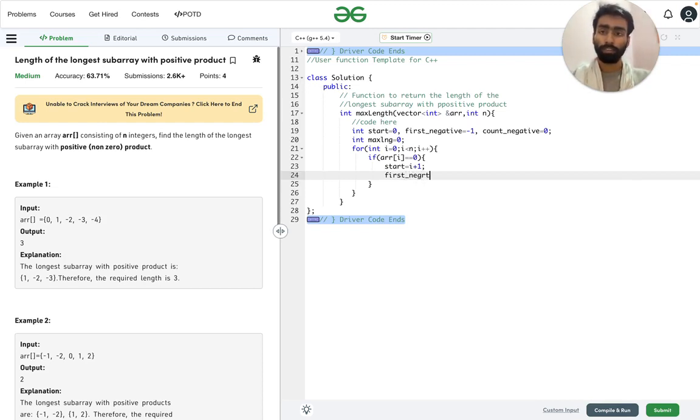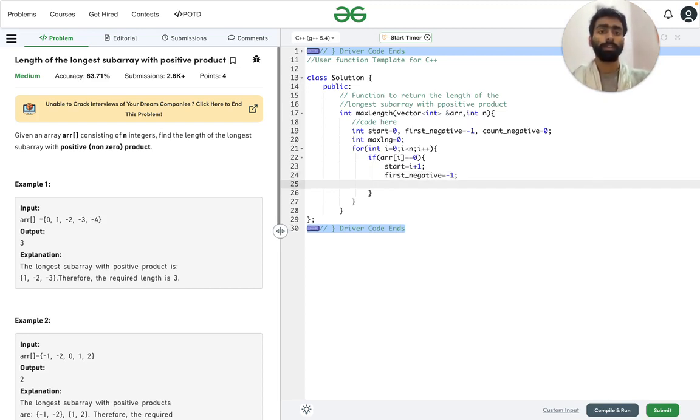First, we need to also reset the negatives that we have counted so far, because the previous ones are of no use. We are now working on a new subarray, as we skip all the subarrays before 0, including 0 actually.